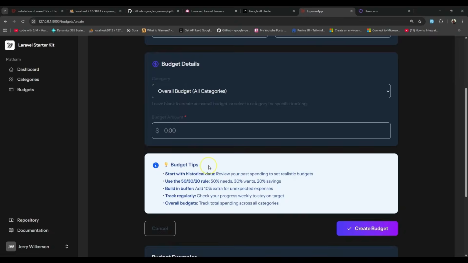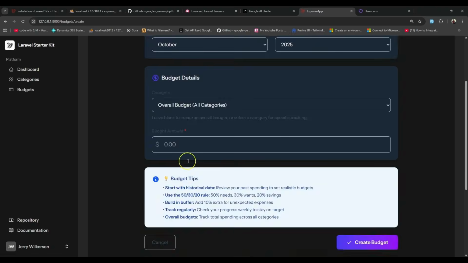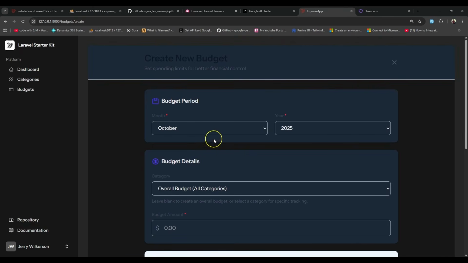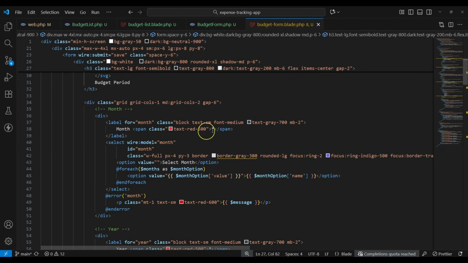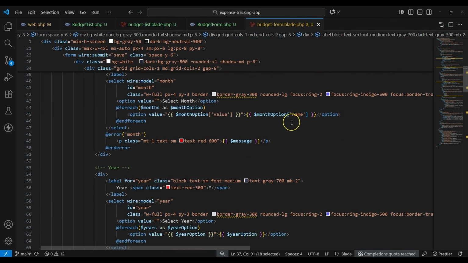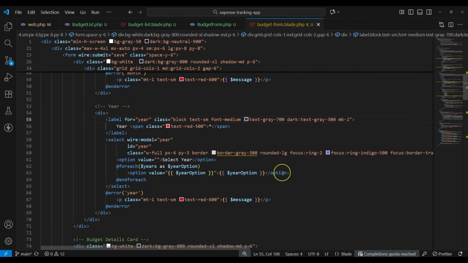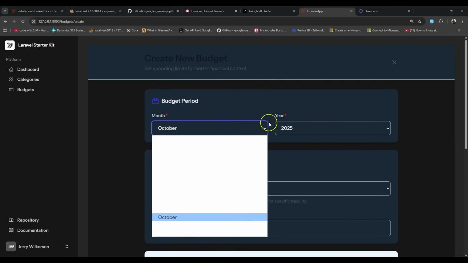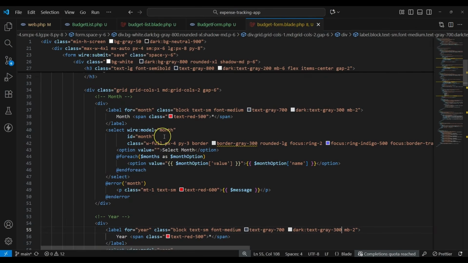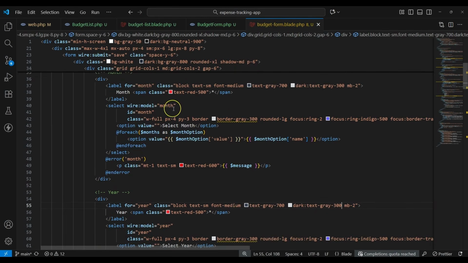Yep, so you can see budget details, budget period, and these budget examples. So now let's update these ones on the labels. So on the labels, I'm going to use the 300. Okay, and after that, the background color of this one, the select